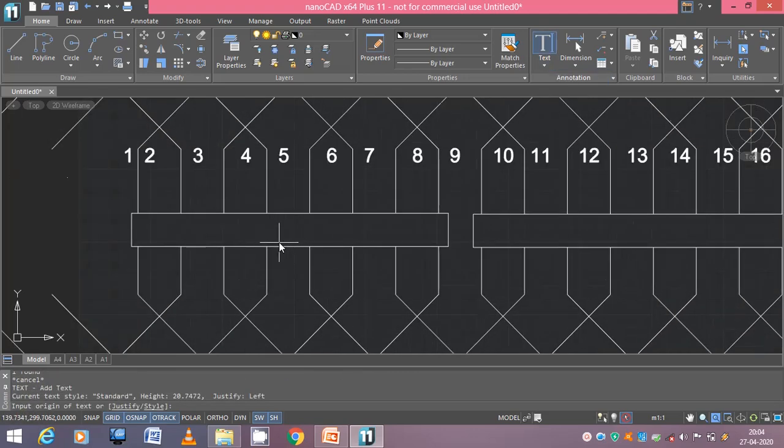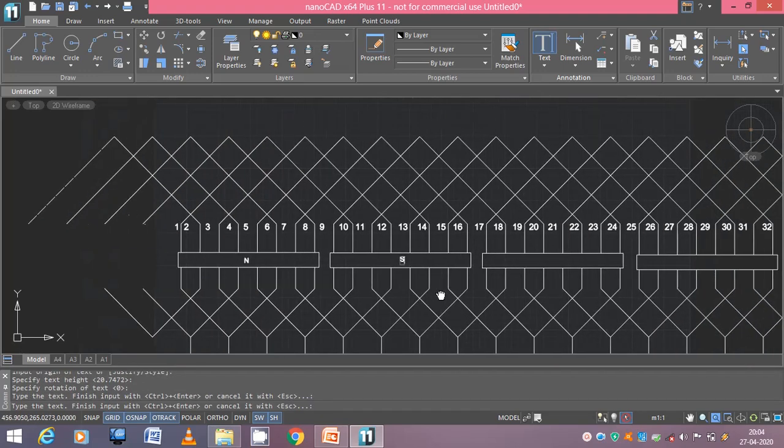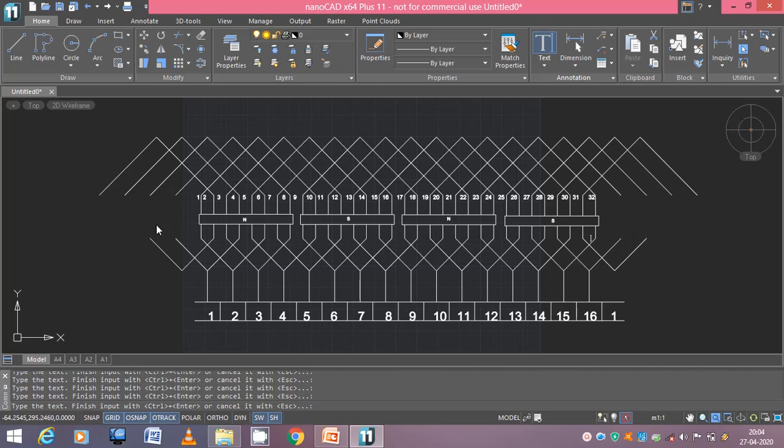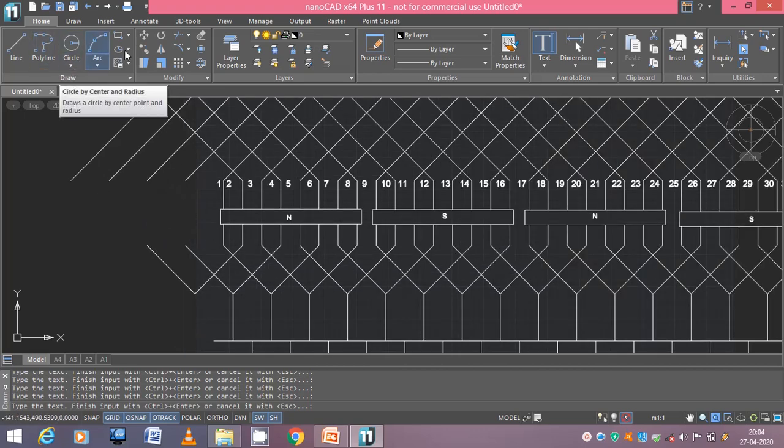Among them, 2 are north poles and 2 are south poles. This is north, south, north, south. Okay. And now I need to mark the direction of the induced current in this conductor, so use the polyline.